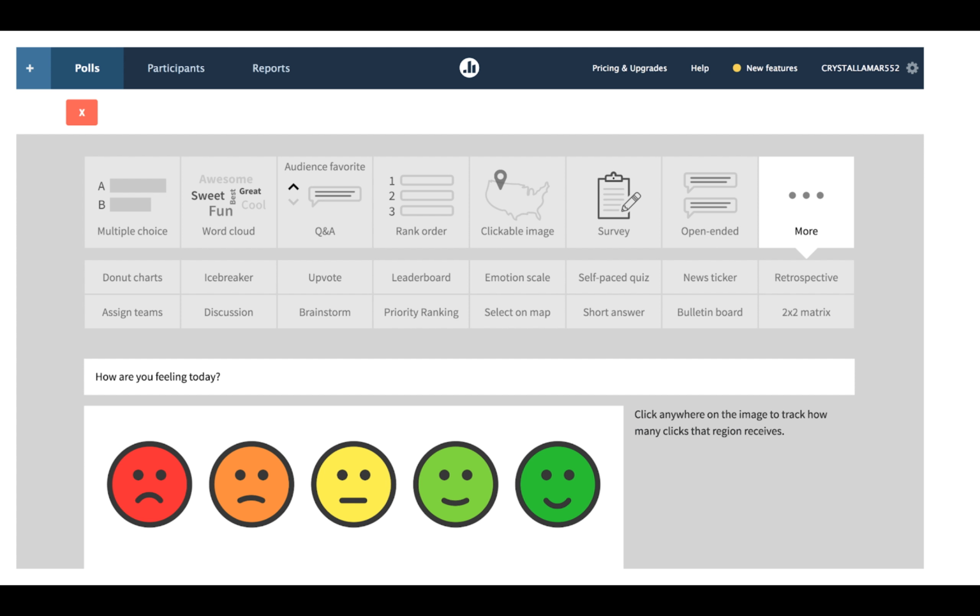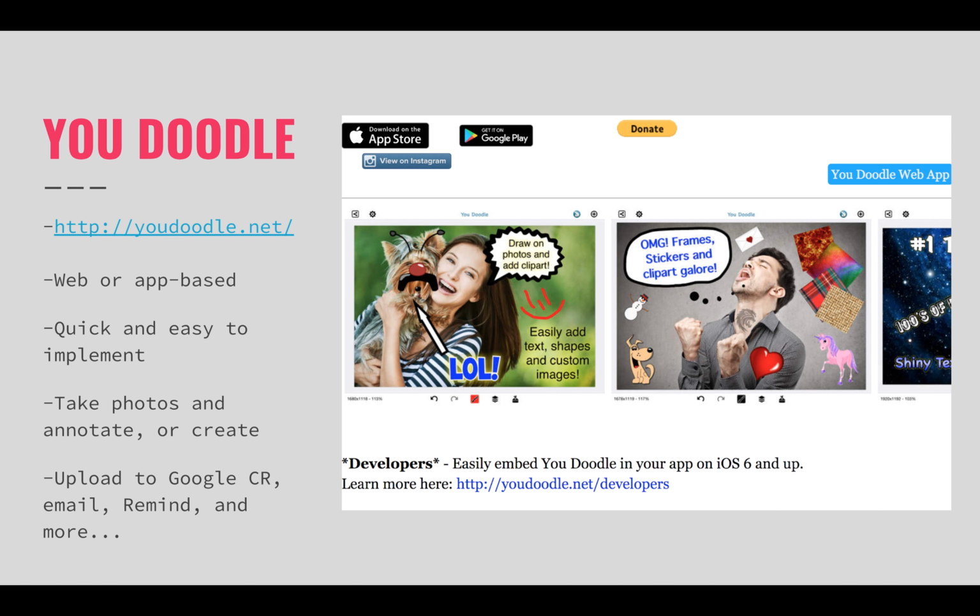Or they can join your poll straight from the screen. Udoodle is something that I have recently discovered, and I really like it. It's web-based or app-based. In terms of talking about all the apps that kids can download on their phone, you don't want to download 35 apps, but